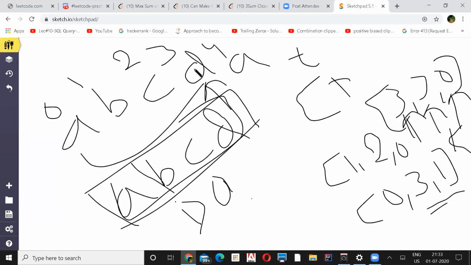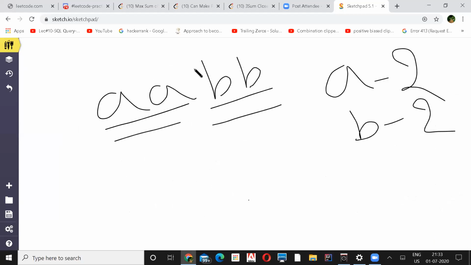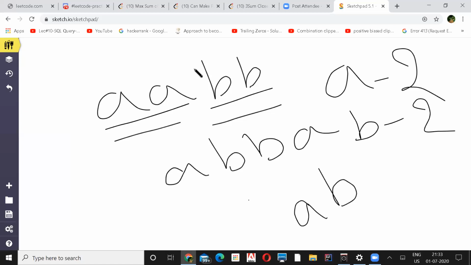Look at the rules of a palindrome. Either all the characters should occur an even number of times, like AABB, then it can make a palindrome. So you can rearrange it like ABBA as one of the palindromes. Or you can have only one character which occurs an odd number of times, like this B. So this is one of the palindromes. If they follow these two norms, then they are called a palindrome.